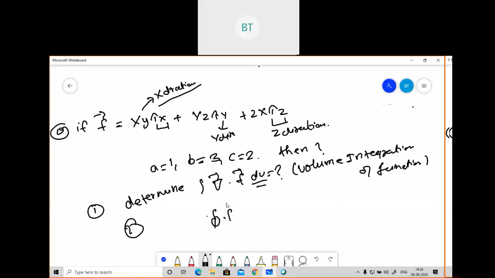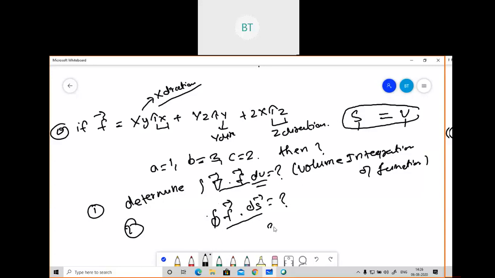So how will they represent the surface integration of the problem? See, Gauss divergence means both the volume integration and surface integration should be equal. If it is not equal, the Gauss divergence theorem is not possible. When I was deriving the formula, I showed you that the surface integration was equal to the volume integration. So both sides will be equal. If I'm getting 1 here, I should get 1 here. Then only the formula holds, and only then have you solved the problem correctly. So in both cases, both things should be equal.